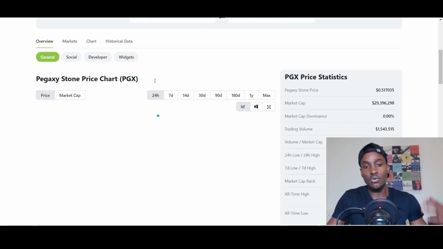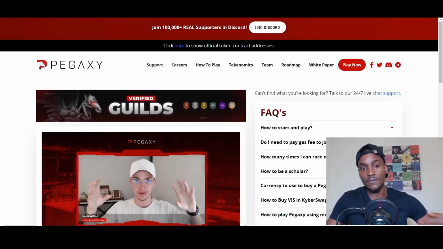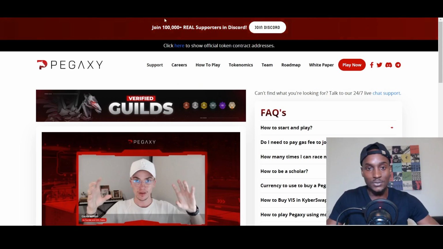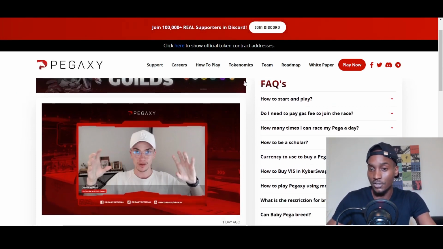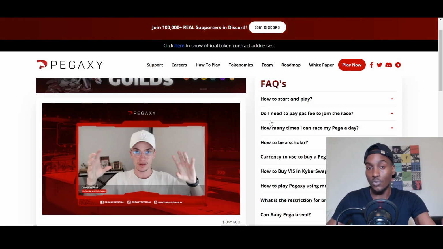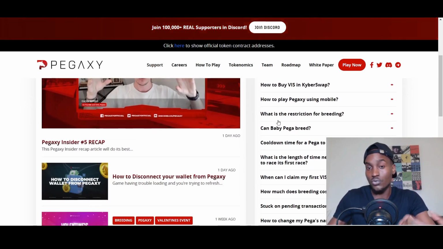So all these tokens currently are the market conditions of crypto, the way it is. Most of these are on sale. So if you're the type of person that wants to sort of speculate on this, go ahead and do that. From their website, there's also a frequently asked page, which is good. How to start to play, how do I need to pay gas fees? So it sort of gives you a rundown in case of questions you have, quick answers to quick questions you need